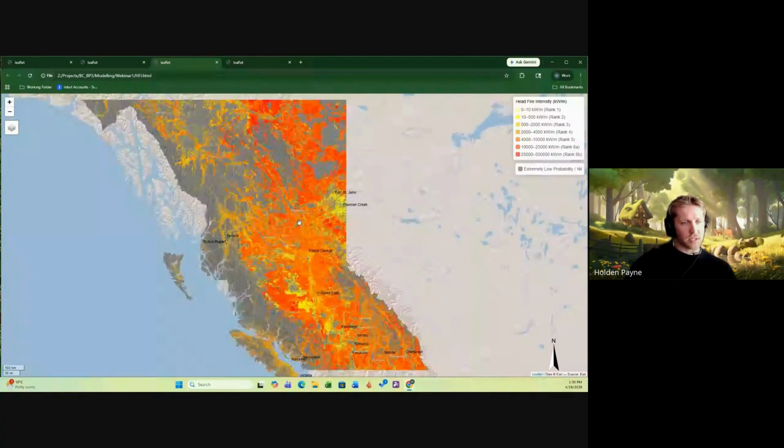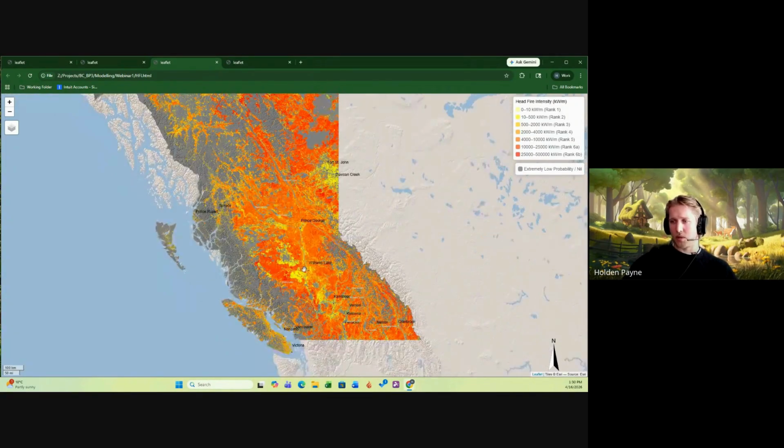So most of the province is burning at around a rank 5 fire. So on the upper end of the rank 5, which is pretty extreme, kind of surface to crowning, torching, maybe some spreading crown fire activity. So kind of rank 1 through 3 is anything below 2000 kilowatt, which is what we consider kind of surface fire activity